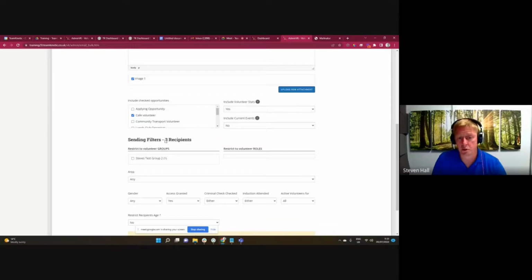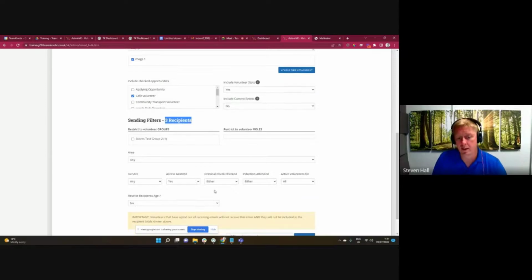Who do I want to restrict it to? Well, at the moment, it's only going to 3 recipients, so that may raise some alarm bells in my head. Why is it only 3 recipients? Well, you'd be looking at your restrictions down here, and you'd also be checking